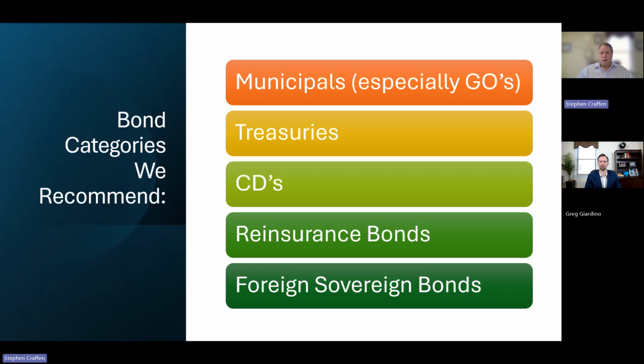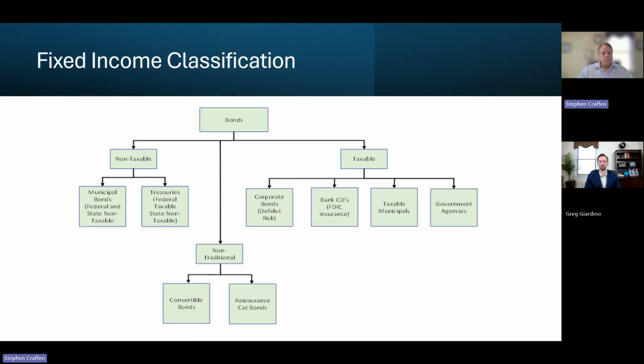Treasuries are unique, and we're going to go over the little chart showing these in a couple minutes. CDs, which have almost no risk, especially if you keep below the FDIC thresholds for a bank. Reinsurance bonds and foreign sovereign bonds, which we're not going to cover today, but we like foreign bonds, but only bonds of foreign sovereigns, which are foreign government providers. And by the way, only the safest providers in developed countries.